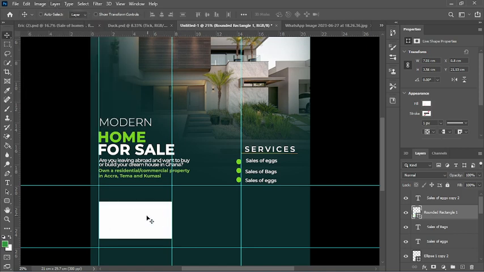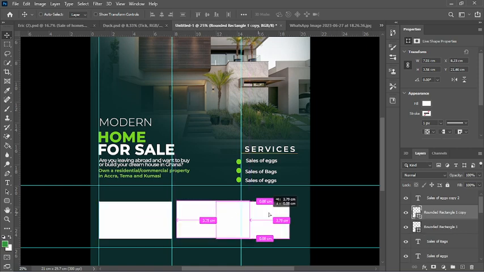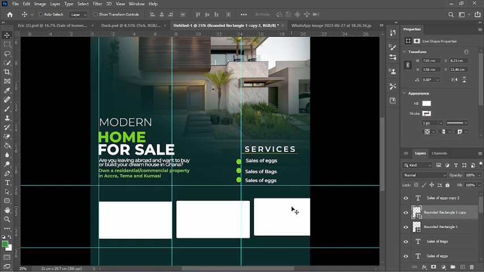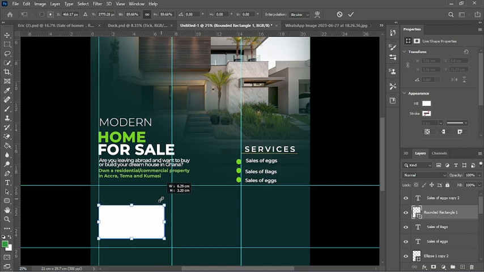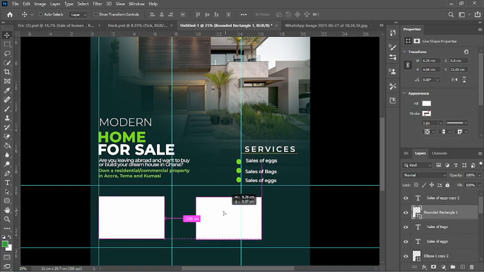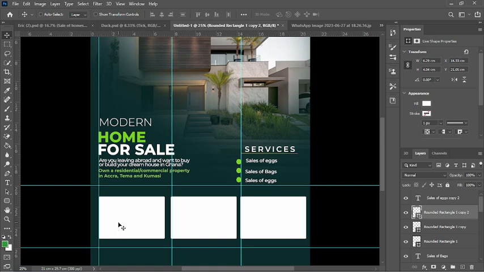Now I need three of them, so I'll hold my alt key to split it into three, and it's too big, so I'll delete them, and let me resize the first one. Let me resize the first one to maybe this, so that I can have all the three shapes going in here for me, right? So I'll just duplicate them again, and again to have a 3, but then it's not even, so I can just move this one here a bit,